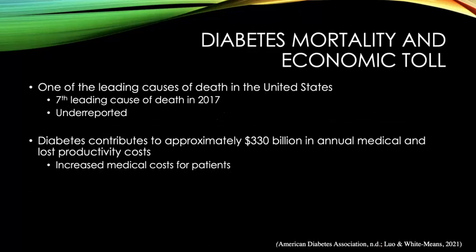Diabetes was the 7th leading cause of death in the United States in 2017 based on the 83,564 death certificates in which diabetes was listed as the underlying cause of death. Diabetes may be underreported as a cause of death. Studies have found that only about 35 to 40% of people with diabetes who died had diabetes listed anywhere on the death certificate, and about 10 to 15% had it listed as the underlying cause of death.